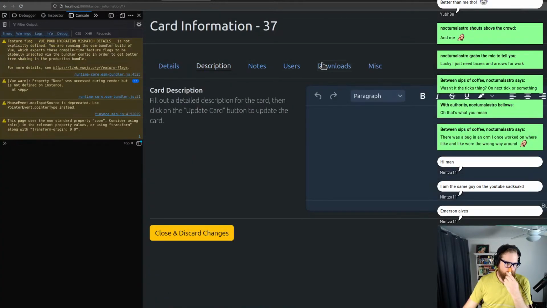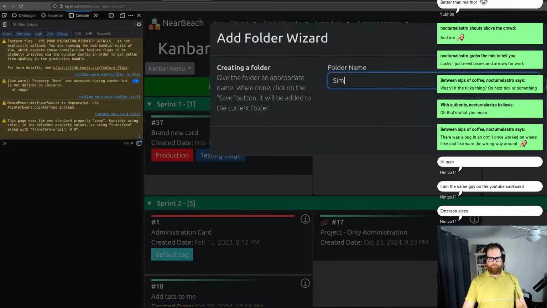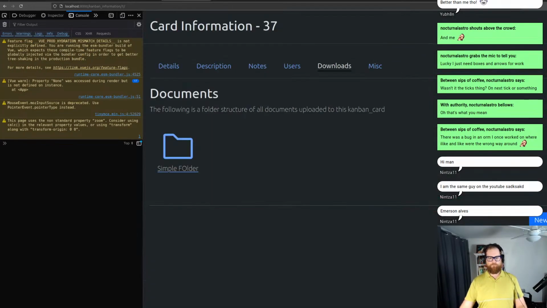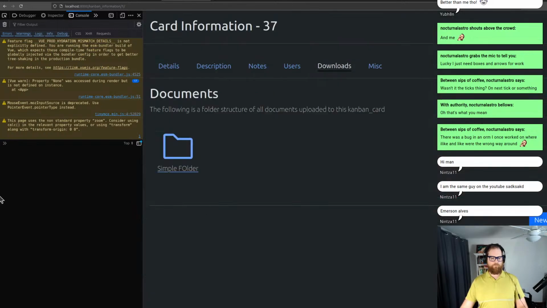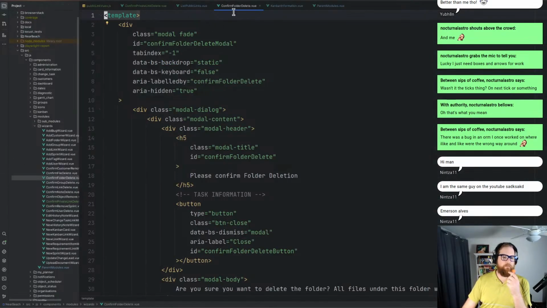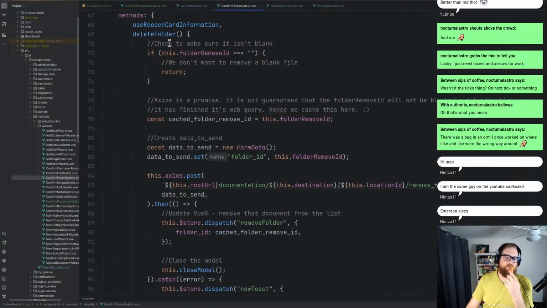So if we go under downloads, add folder. So yeah. So under the confirm folder delete, we go under here, we go delete folder, if folder ID, we